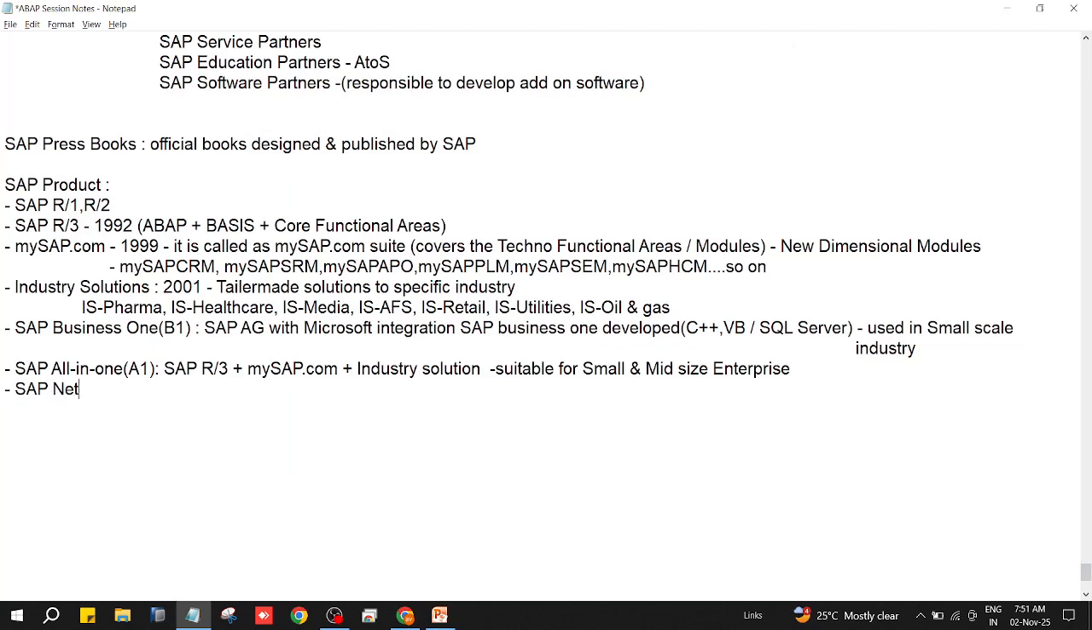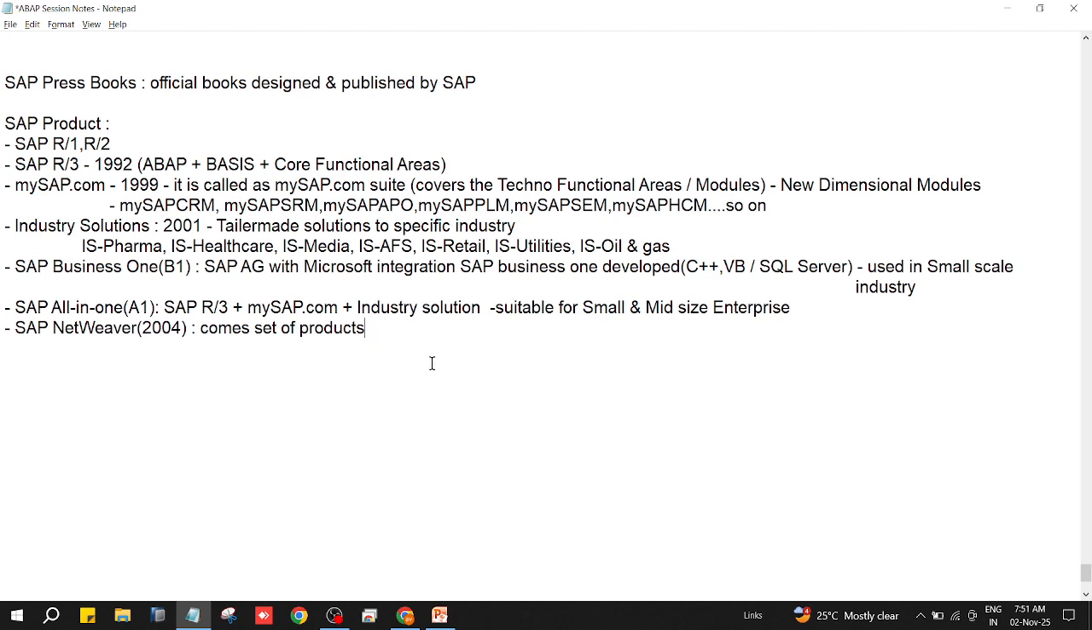SAP NetWeaver launched from 2004 onwards. Next, what exactly is NetWeaver? NetWeaver is a kind of product from SAP. SAP NetWeaver comes with a set of products actually. SAP NetWeaver is the brand name we call it. So in SAP NetWeaver, the main intention is